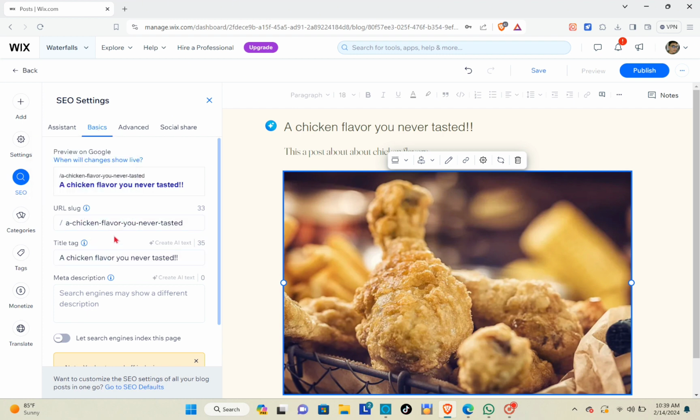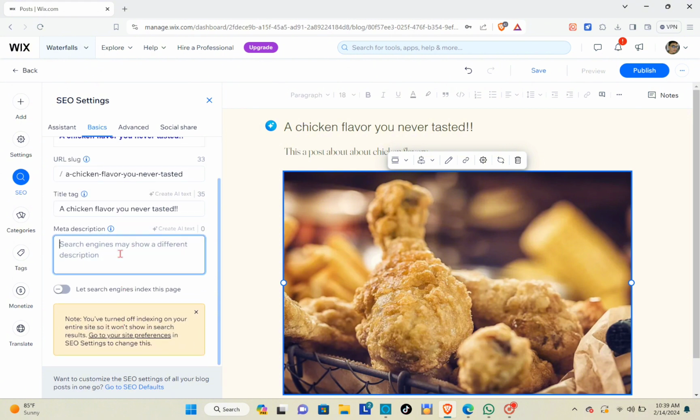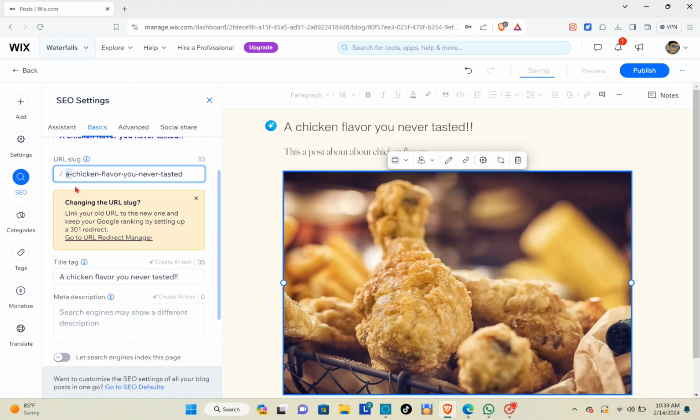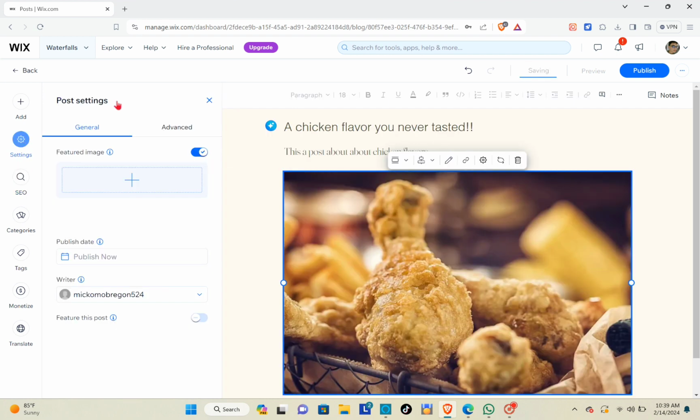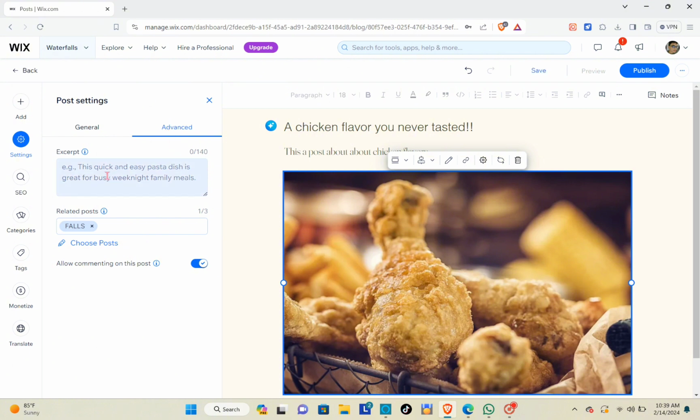So you can change the URL flag. Whatever your URL is for your site and your domain and your blog, this is going to show up sort of at the end of it. Your title text is going to be the title at the top of your browser, and the meta description here would be what the search engines choose